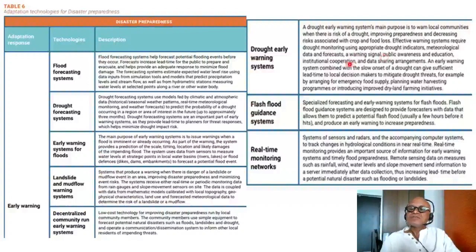Effective warning systems require drought monitoring using appropriate drought indicators, meteorological data and forecasts, a warning signal, public awareness and education, institutional cooperation, and data sharing arrangements. So it's a kind of an end-to-end system where